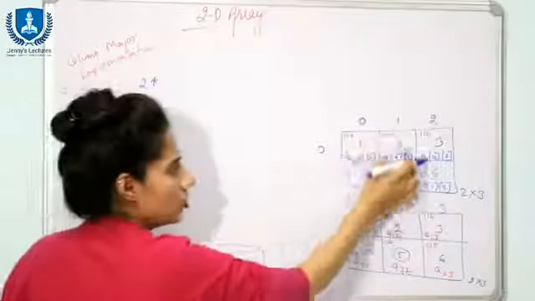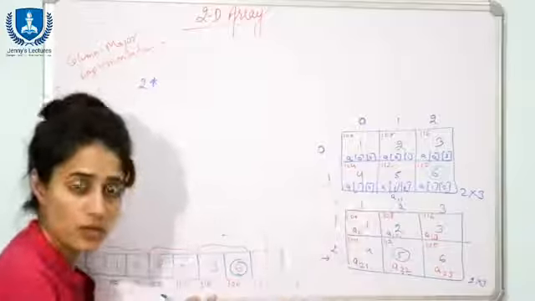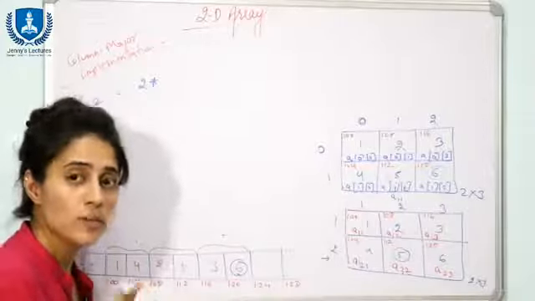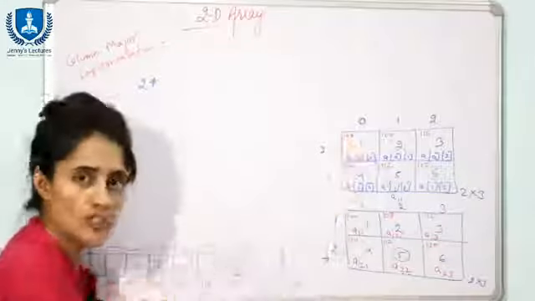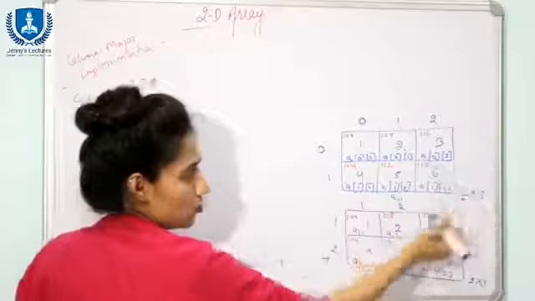into, now in each column how many elements are there? 2 elements are there. Fine. Now how will you come to know that in each column how many elements are there? Because the number of rows is how many? 1 and 2. So obviously 2 elements would be there. So the number of rows is this 2.